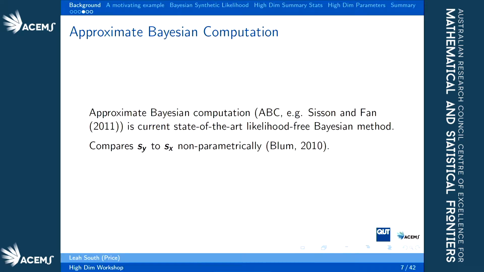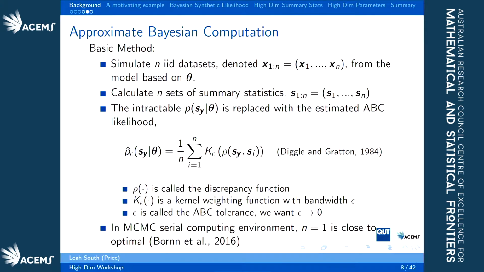And the idea behind that, as Fabrizio mentioned, is to compare the simulated and observed summary statistics using non-parametric methods. The basic method, and this could be implemented several ways, but I'll be doing it inside MCMC. So in MCMC, you make a proposal theta star. Then based on that value of theta, you simulate n IID data sets from the model. You calculate the n summary statistics, and then you replace your intractable summary statistic likelihood in your MCMC with this thing here,